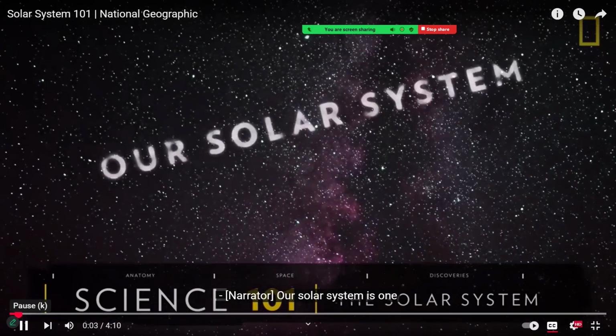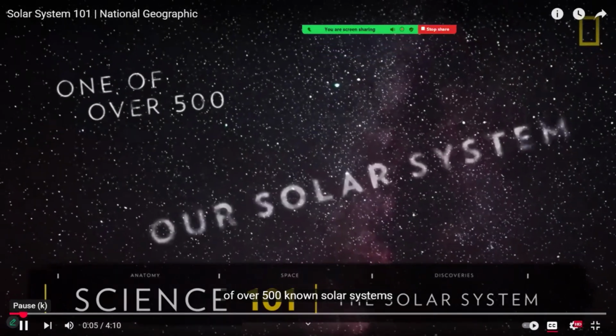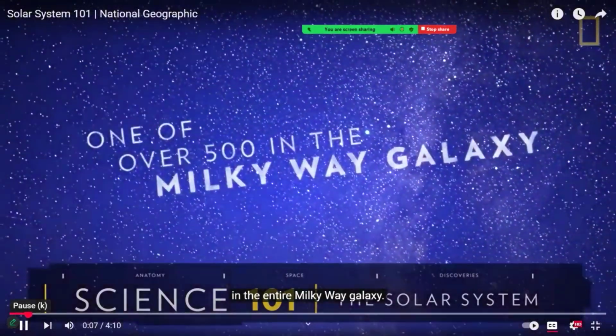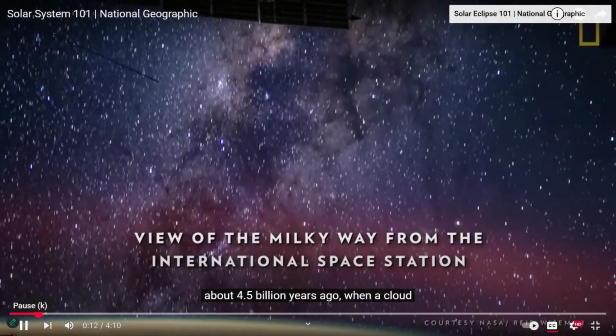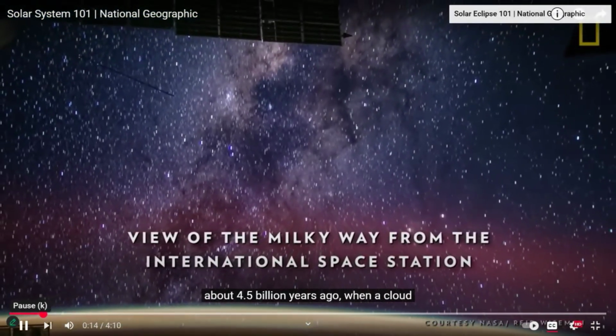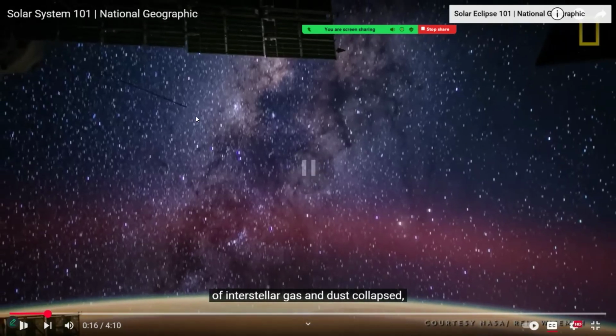Our solar system is one of over 500 known solar systems in the entire Milky Way galaxy. The solar system came into being about 4.5 billion years ago when a cloud of interstellar